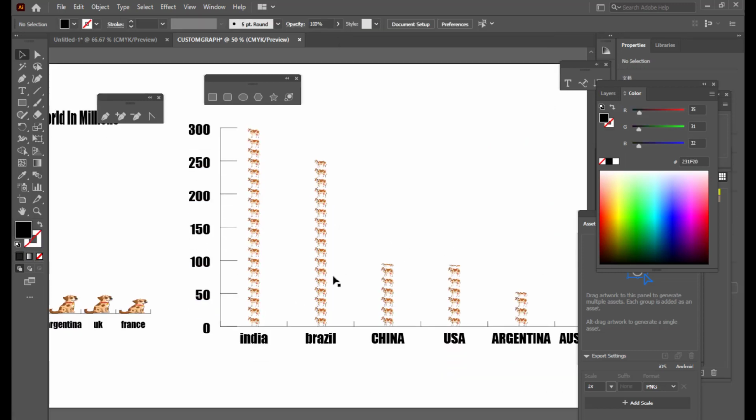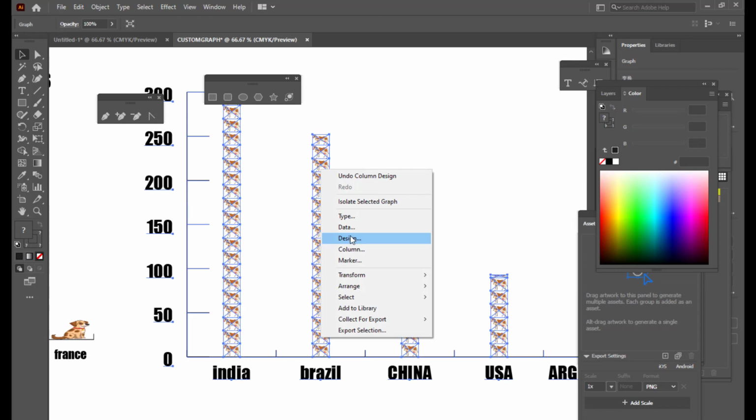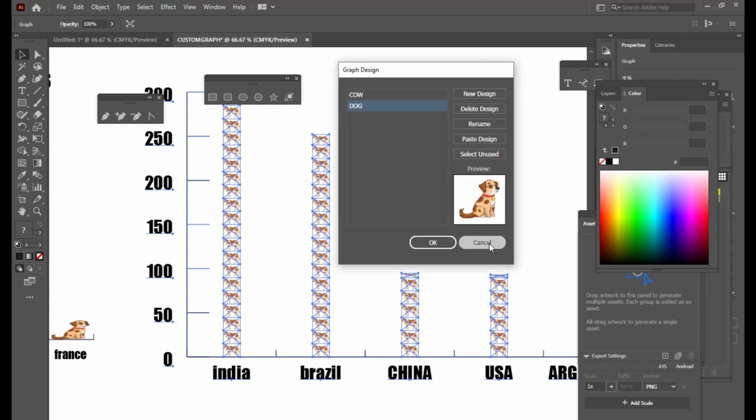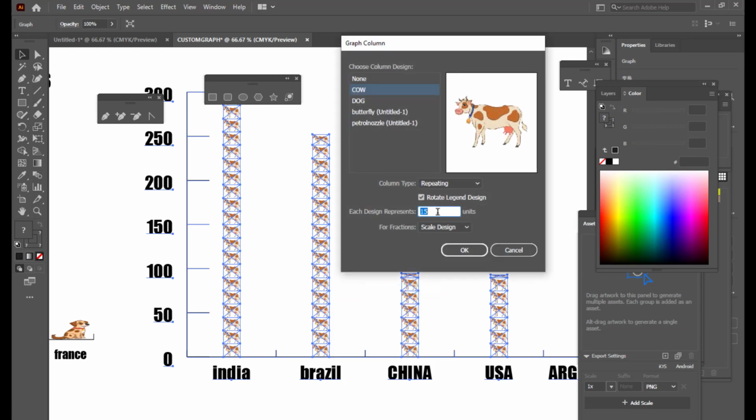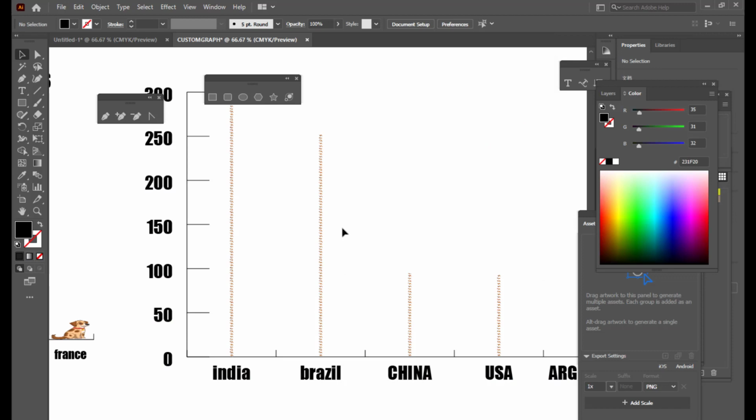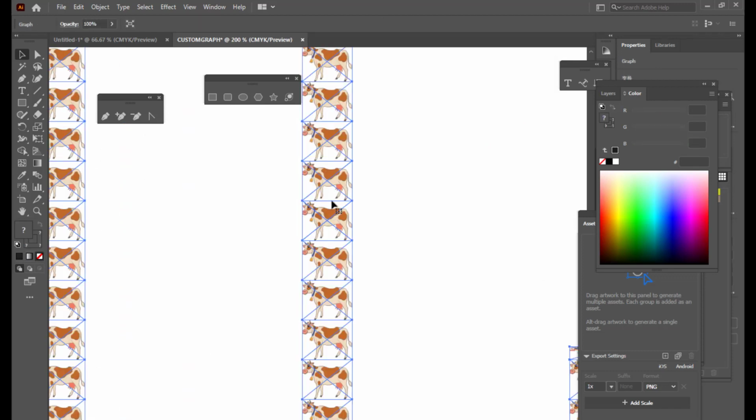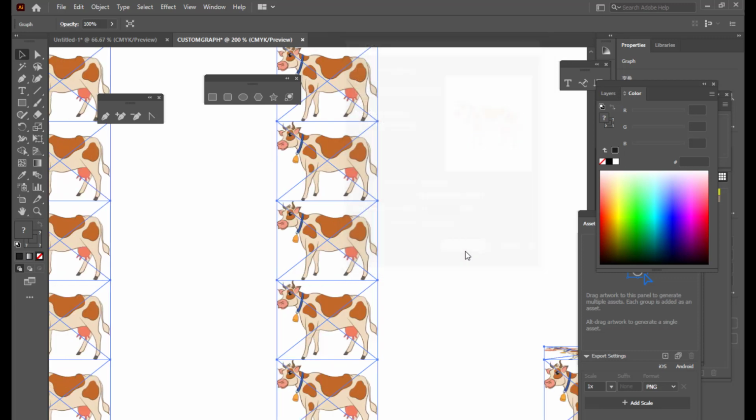Okay, so still the image is too small, so we'll again go to the column option, and we'll keep 3. So 3 is very small, so we'll increase it. We'll keep 30. Right,